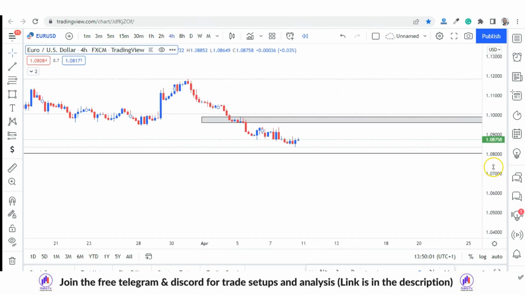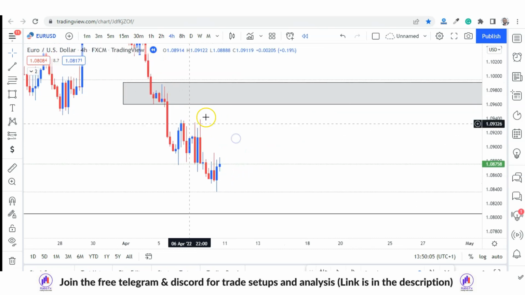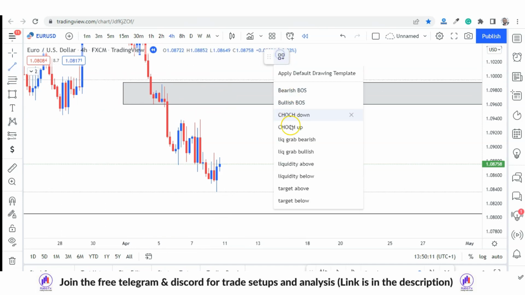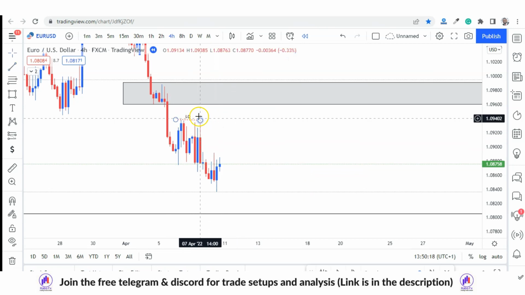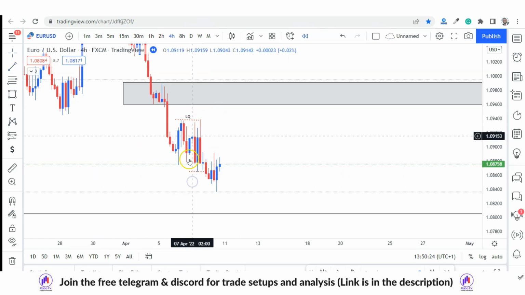So in the 4 hours, what I noticed when I came down to the 4 hour, I knew that price may not get up to this point. The reason is this: we have a liquidity grab here. We have a liquidity grab. This one took liquidity and broke structure. That makes this one,